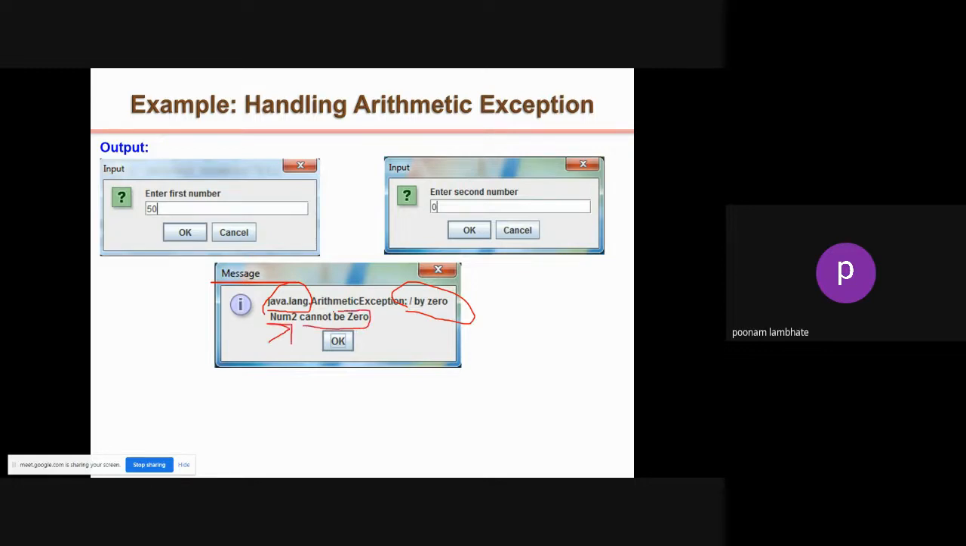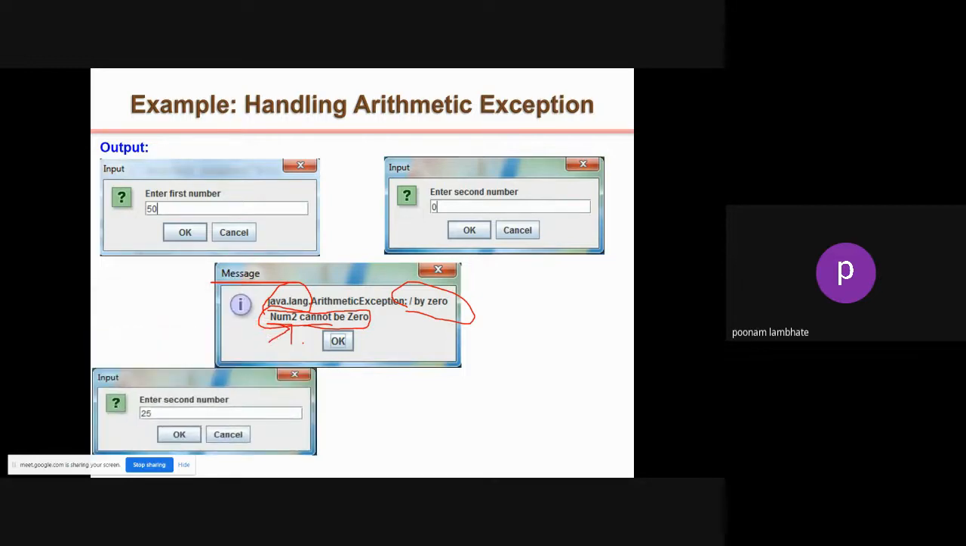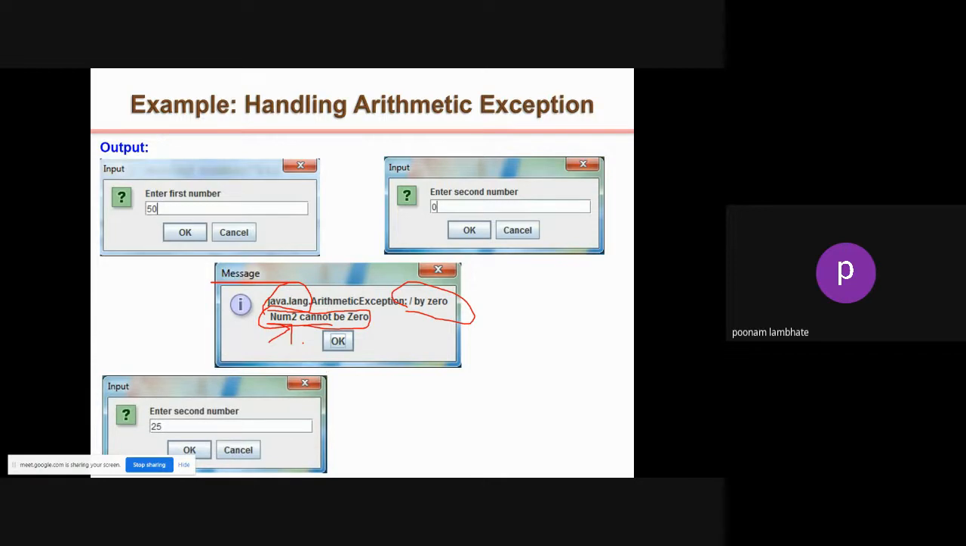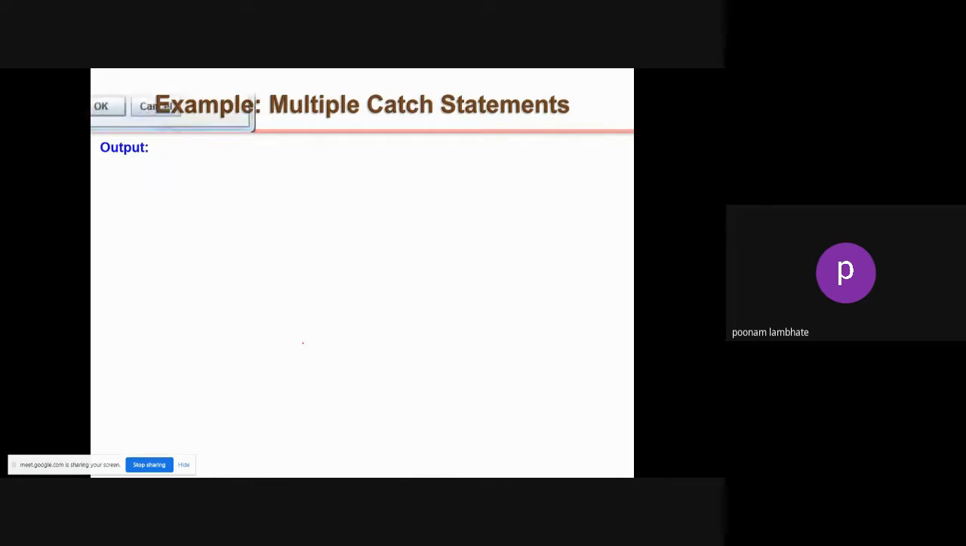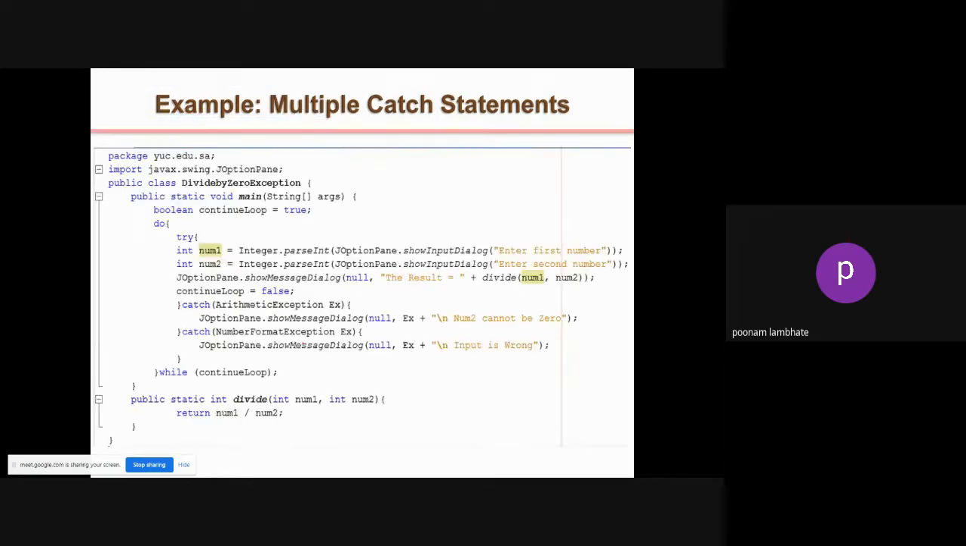You can say please enter the correct number, this is not possible. Some things like that you can write, you can add your own things also. But the first line, java.lang.ArithmeticException, is what you get from the interpreter. Then maybe it will tell you to re-enter the second number, and that time if you enter 25, for example, you'll get the result. The second case is a normal program, but the first case had an exception in it. Then you can have multiple